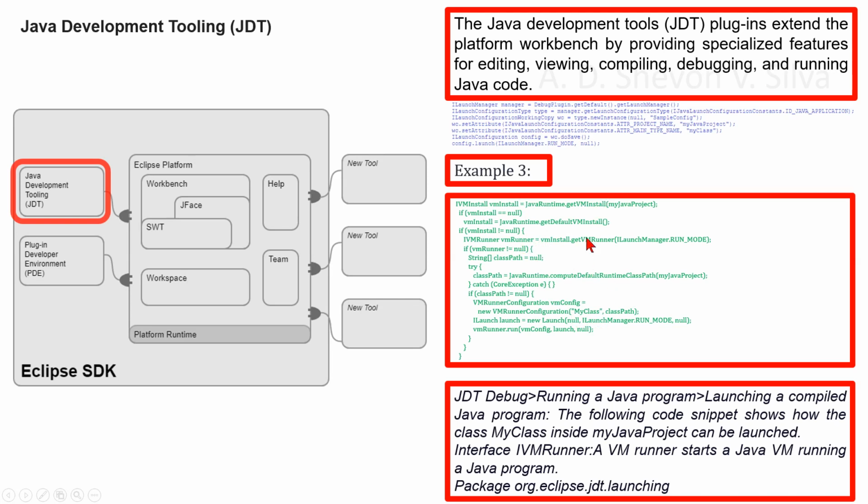The following code snippet shows how the class MyClass inside MyJavaProject can be launched. The interface IVMRunner, a VM runner starts a Java VM running a Java program. This is in the package org.eclipse.jdt.launching. Another way to launch a Java program is to create a Java